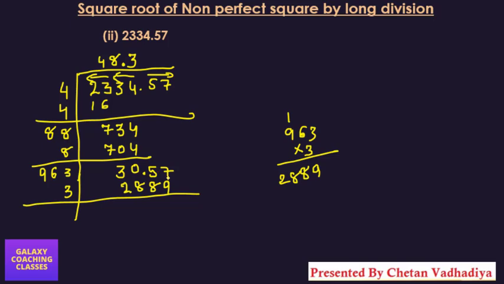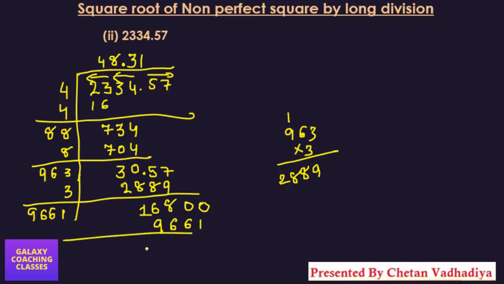2889. Now you can subtract 17 minus 9 will give you 8. 14 minus 8 will give you 6. 9 minus 8 will give you 1. And then two zeros after that. And here also you need to add 6, 6 and 9. Now 9661 into 1 will give you nearby 9000. 9662 into 2 will give you nearby 18,000. So we need 16,800, so we need to take 1 only, so you will get 9661, and here also 1.